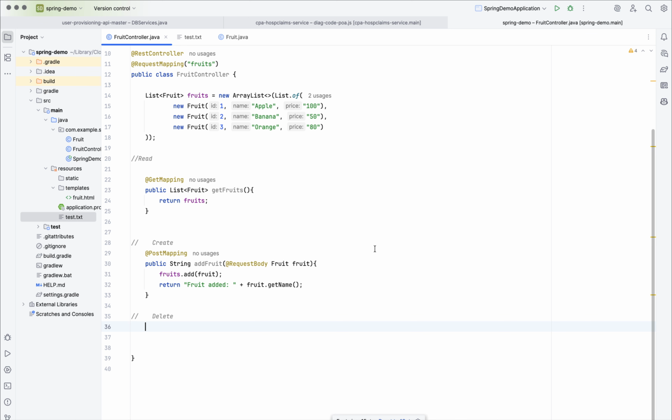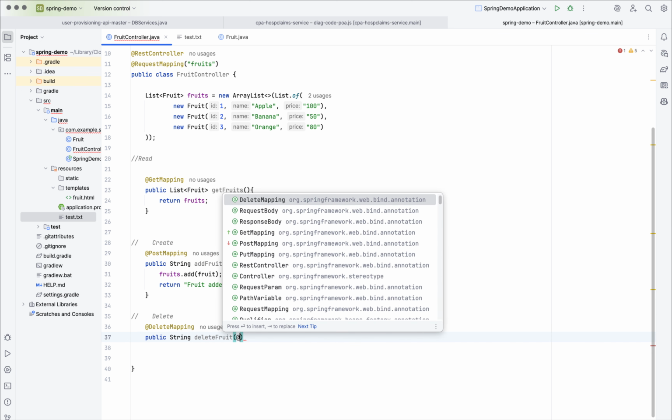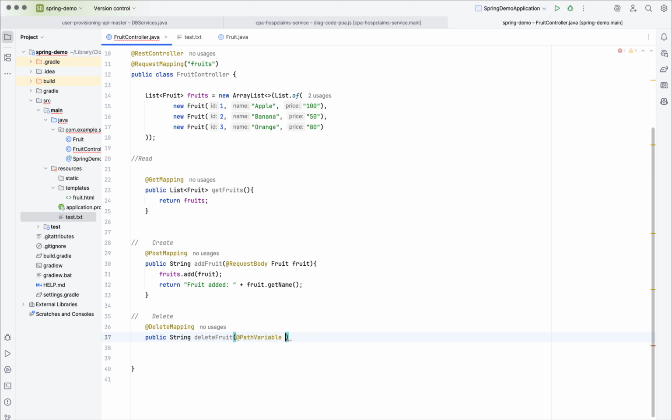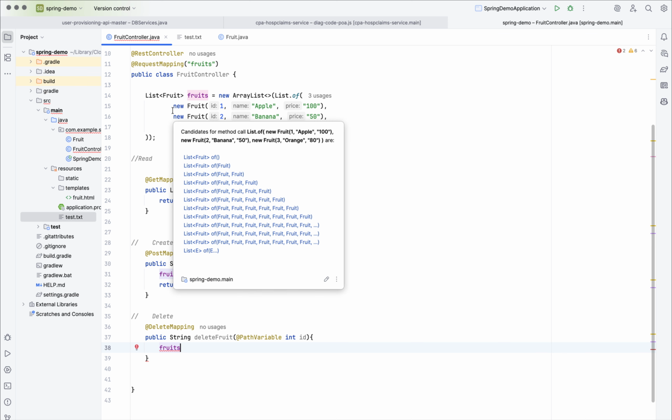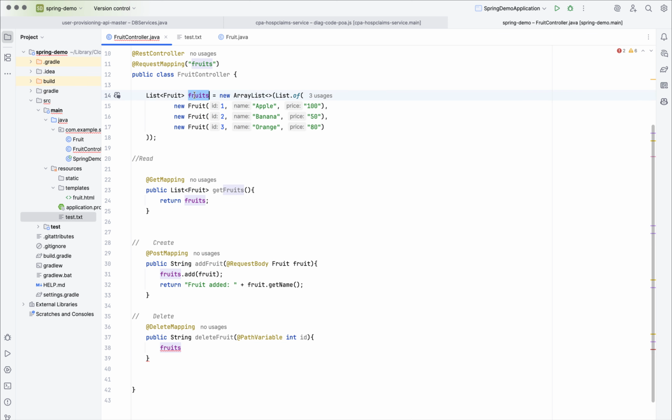Now the delete operation. This delete operation will have the @DeleteMapping annotation, simple. Then public, and we'll again be returning a string, deleteFruit. Right now we'll be taking a path variable, an id. So int id will be taken from the user, which id you want to delete, and then from this